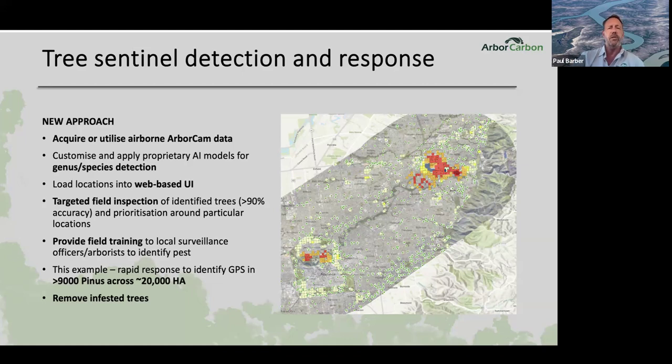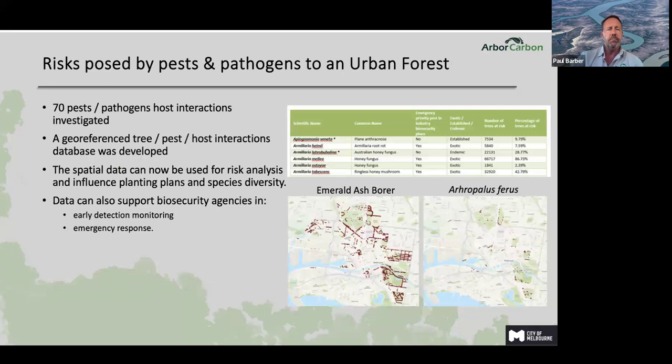That poses a major threat to pine plantations and the plantation forest industry, and we're very close to eradicating it by adopting that approach, which again is really forward thinking of the people who engaged us to do that work. In addition to that, we've worked with a range of our local government clients, again the sort of thought leaders and the people who are really willing to develop new approaches and work with us on ideas that we have.